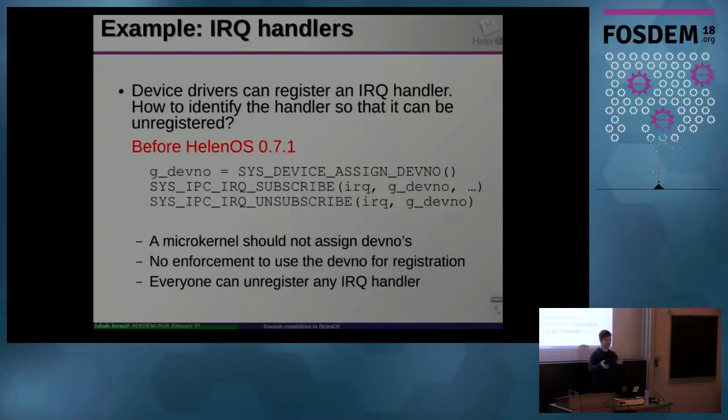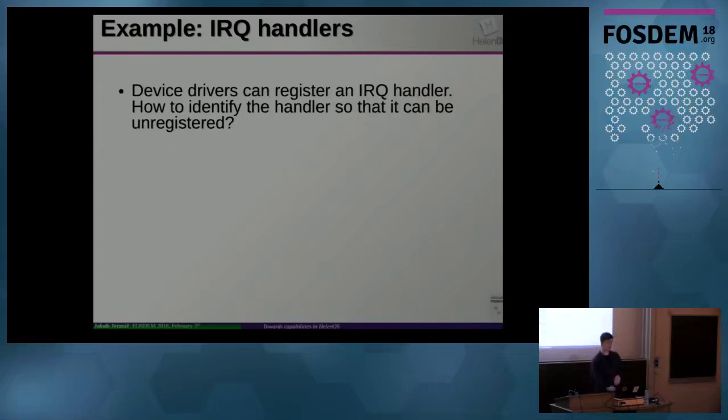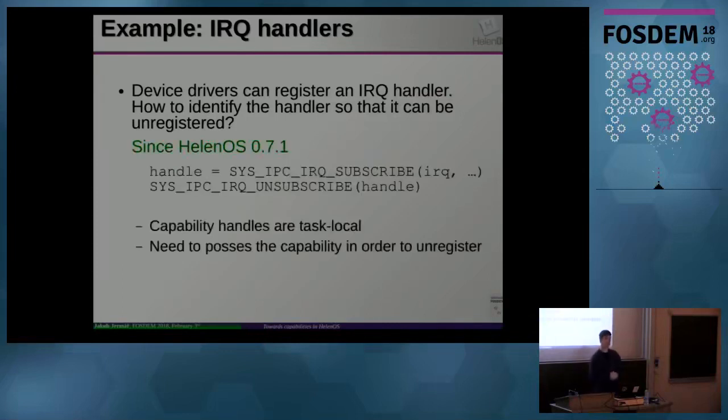Is it global? Sorry? The device number is the same number in two tasks? It's a global ID. So as you probably will agree with me, this is completely broken, and was fixed in HelenOS 0.7.1